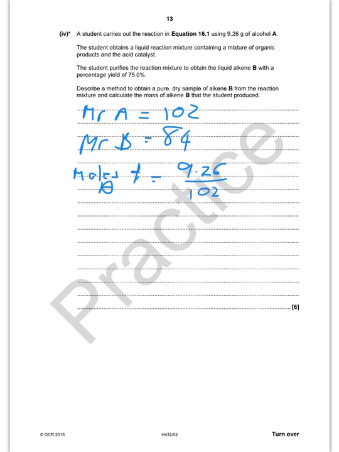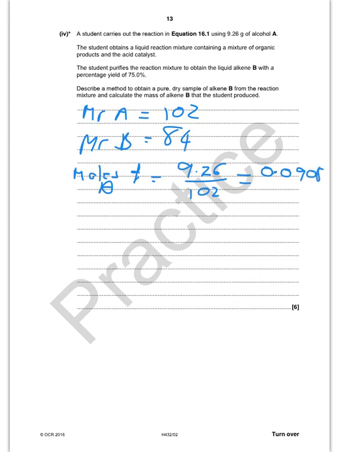The Mr of A is 102, and the Mr of B is going to be 84. Okay, so first of all, let's look at how many moles of A we started with. So moles of A is going to be 9.26 over 102, and that is going to equal